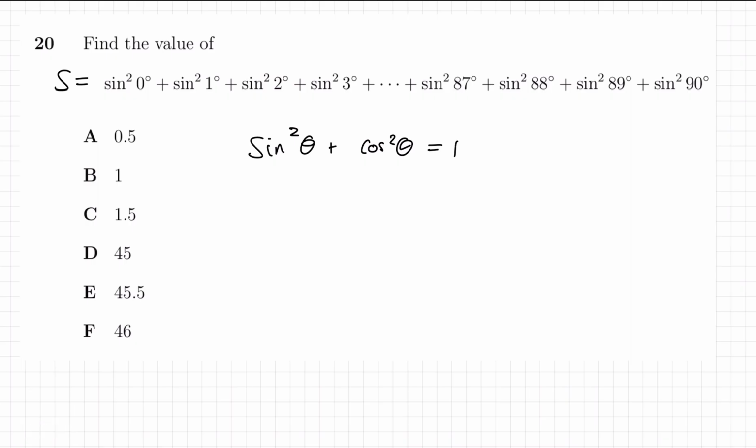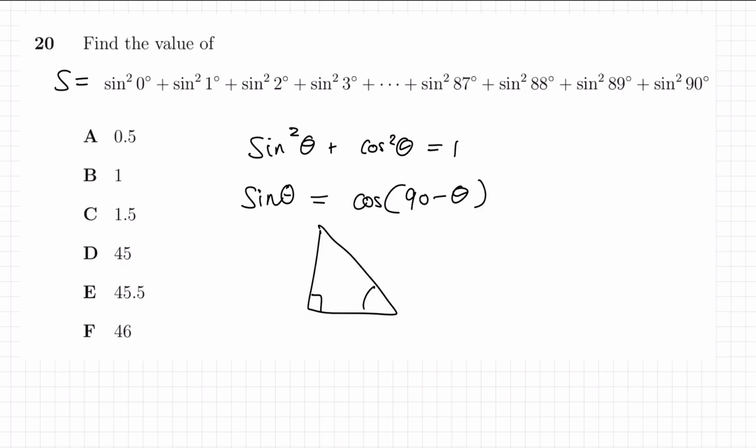And the second identity we'll use is sort of by definition. It is the identity sine theta is equal to cos of 90 minus theta. The reason I say this is by definition is because cosine actually stands for complementary sine, I believe. So the idea is this angle in here is the complementary angle to this angle here, because in a right angle triangle, if we were to take